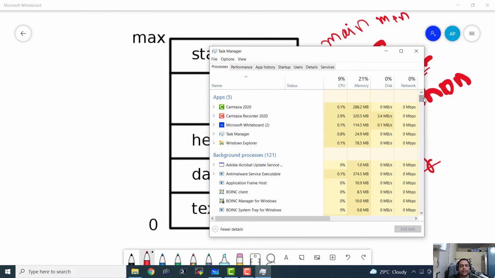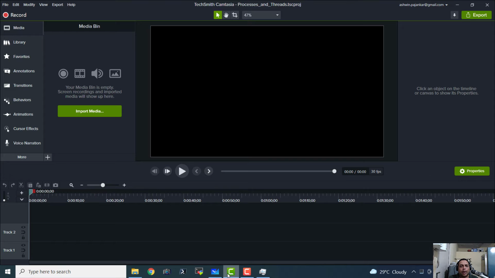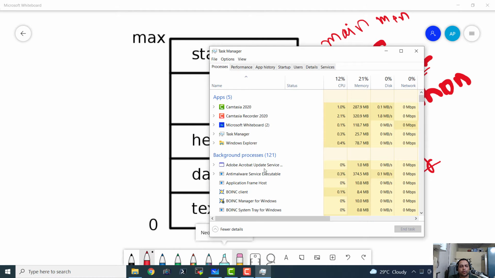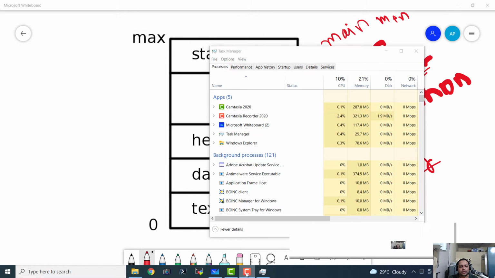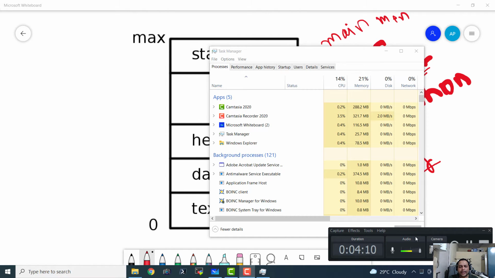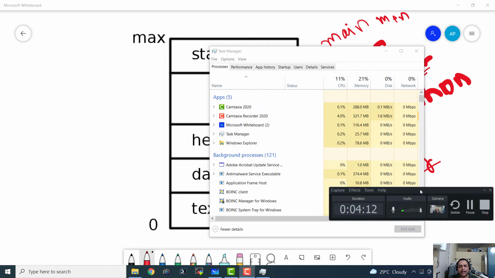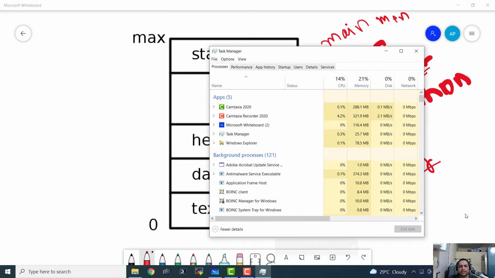As of now, there are 5 user level desktop apps that are running. The first one is Camtasia 2020. This is the editing program that I'm using to edit these videos. This is the window for the Camtasia editing program. Then we also have Camtasia Recorder 2020. This is the window for that Camtasia Recorder. Let me minimize it. Then we have Microsoft Whiteboard where I'm recording everything.